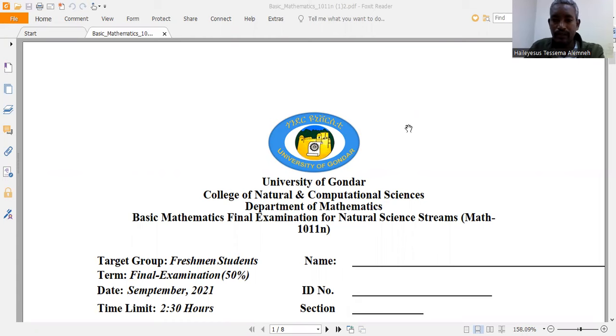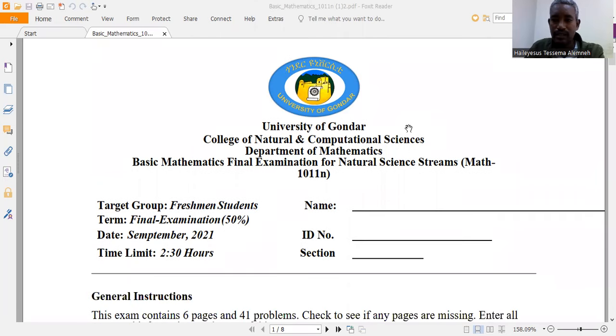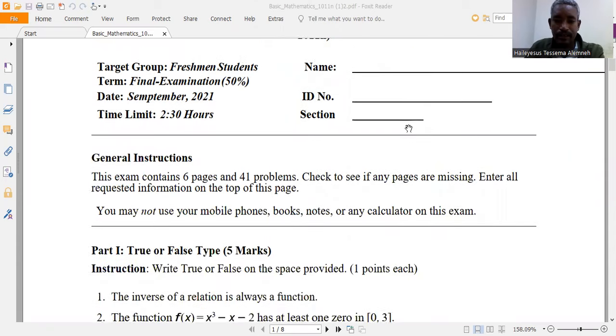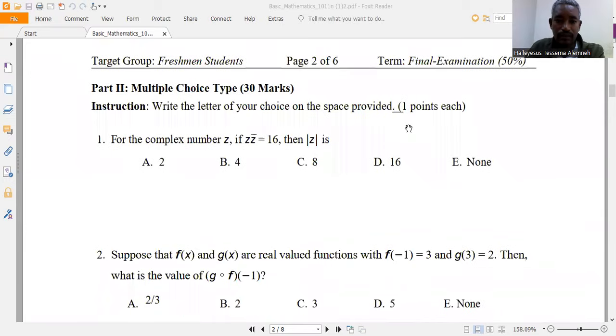Today I will continue my second section, which is about the multiple choice questions of last year's 2014 exam. So let's start our work. The first question from the multiple choice is: for a complex number z, if z times z conjugate is equal to 6,